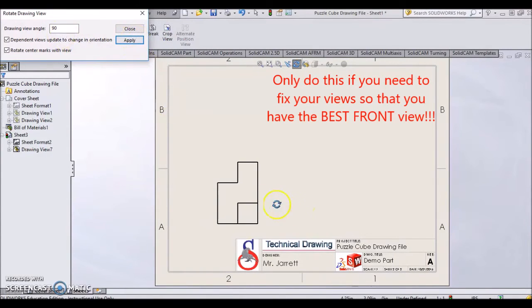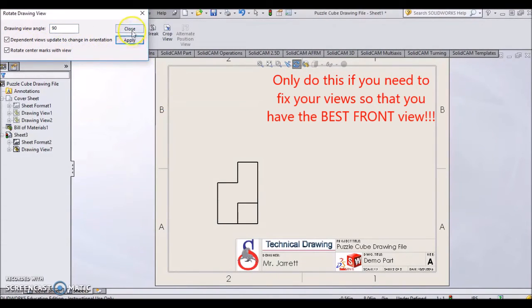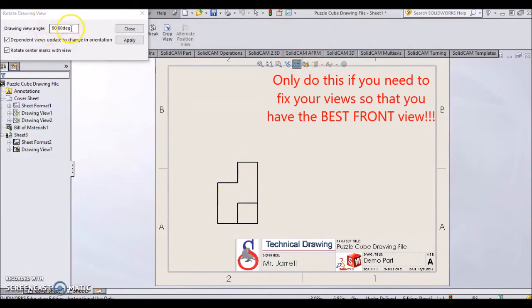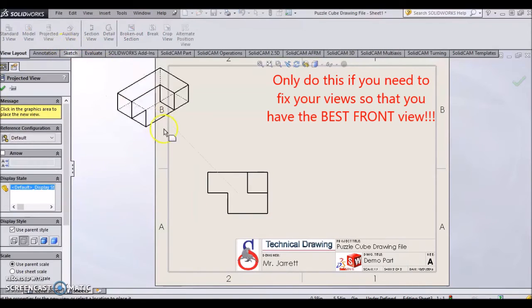do it again. Okay, and close. If I want to do it one more time, instead of 90 degrees, I could do 180 degrees. Close. Once you find your actual view that you want, then we would go up to projected view, and I